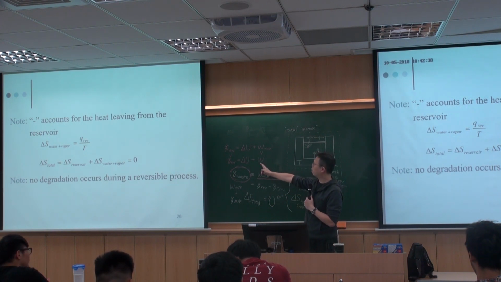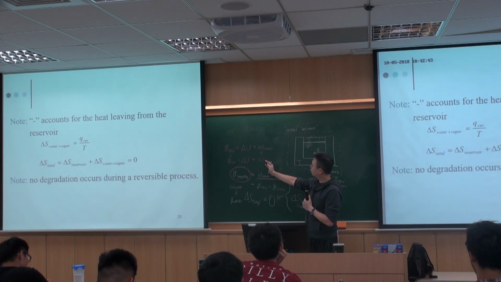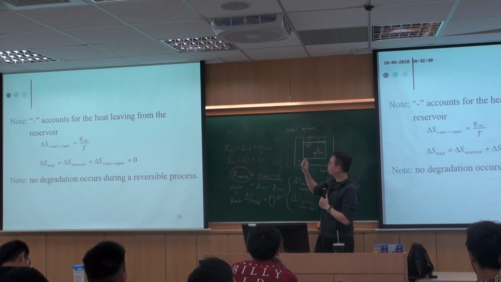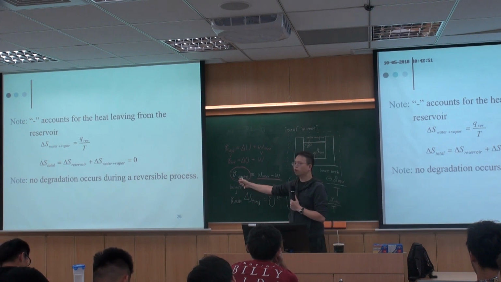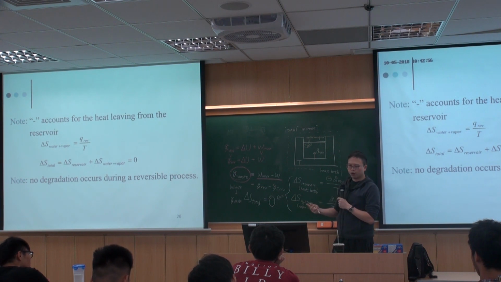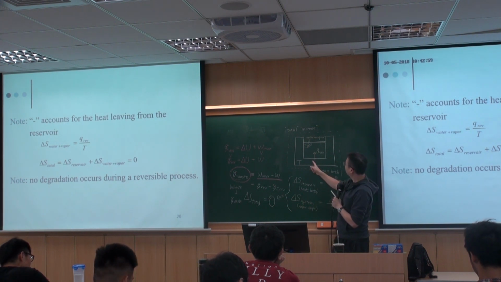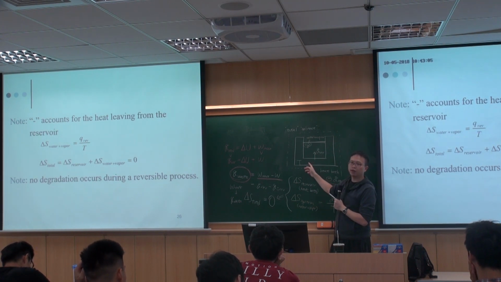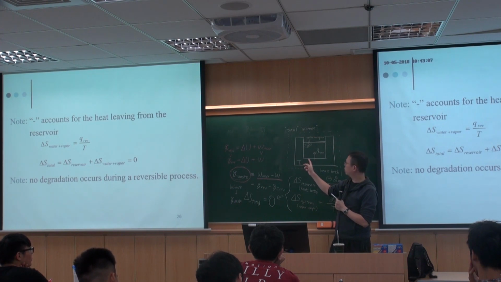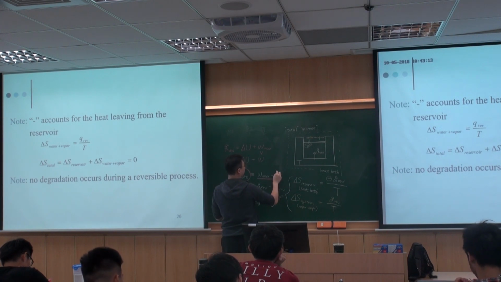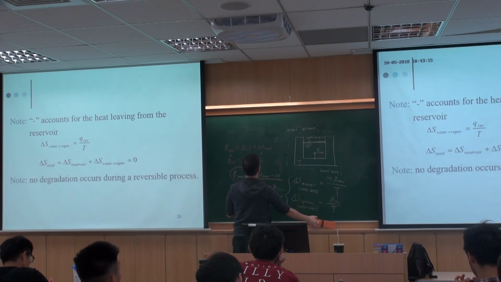Because some part of the work will be degraded, and that difference will be W max minus W. And that amount of work will be degraded into Q waste. Therefore, for an irreversible process, the heat supplied by the heat bath will be less than that for the reversible process. So a general argument is that for an irreversible process,